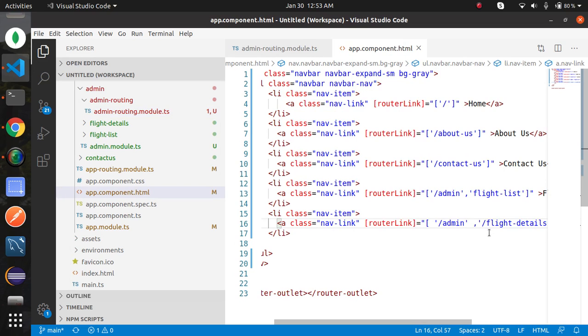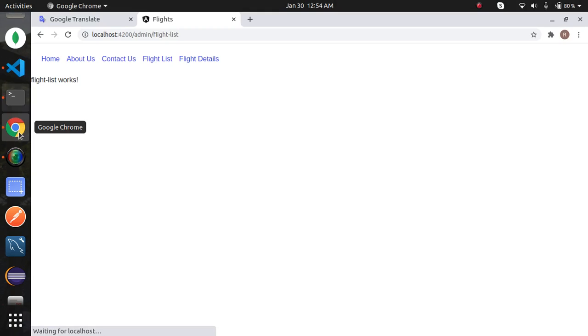Just remove the slash from here. Executed. Flight list, flight details, both working fine.